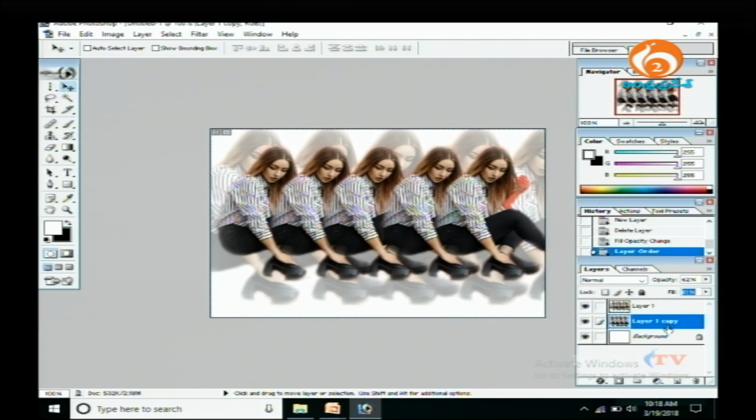Okay, so now we have done something, and now I'll create a new layer